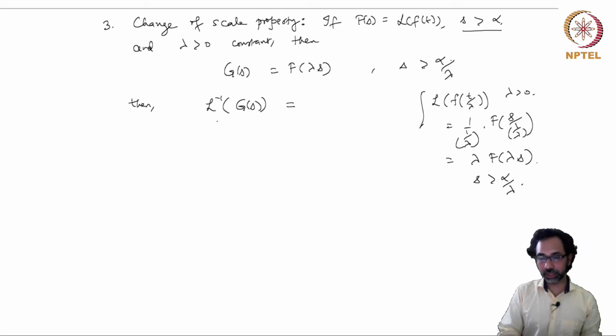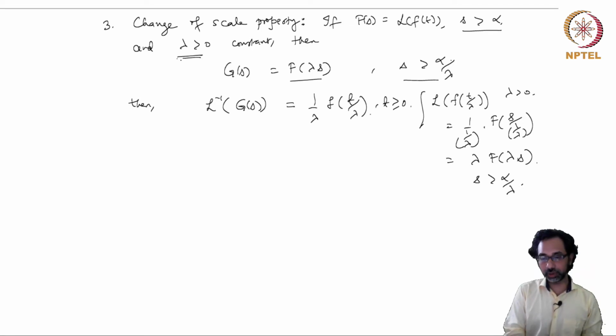So therefore the inverse Laplace transform of this function G(s), which is F(lambda s) defined for s greater than alpha over lambda, is simply 1 over lambda times f(t over lambda) defined for t greater than 0. Now we have to be careful not to use this change of scale property for any real number lambda, because it only holds for positive lambda. For example, this is a caution that it might fail